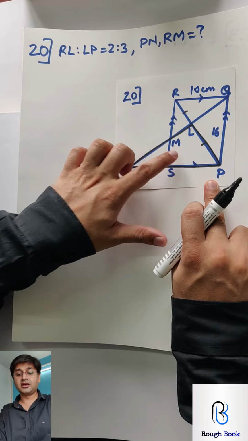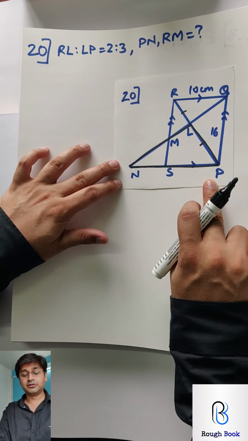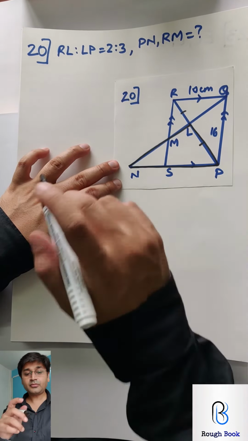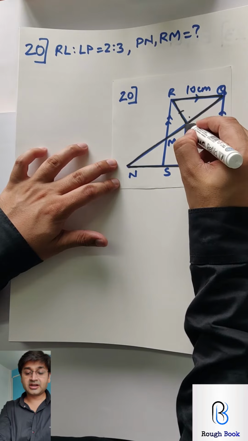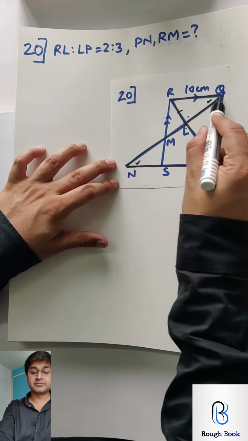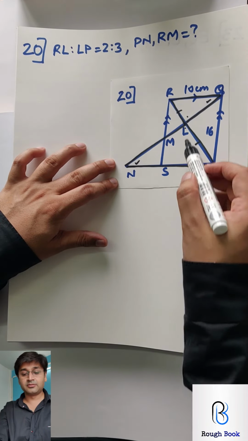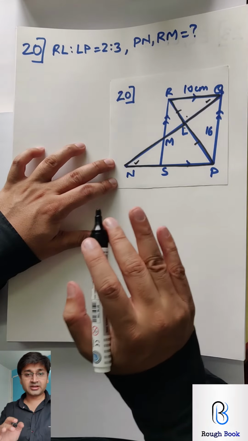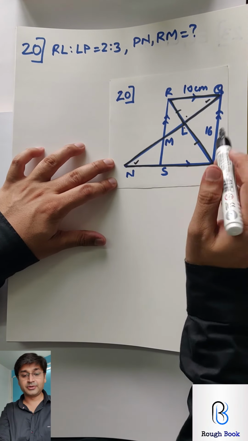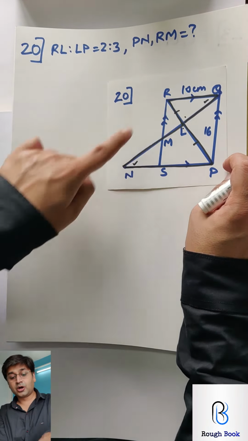And if I take this triangle, which triangle do you think you'll be able to prove similar to this with some values? Yes, you're right. That is this triangle on the opposite side. Always take the opposite side, so you at least get one vertically opposite angle straight away. I can also say alternate angles because this is a Z over here, lines are parallel. So I can prove the two triangles similar by AA test. Once the triangles are similar, RL upon LP, known to me, RQ upon PN, this is also known, automatically I will get PN then. Are you getting it?